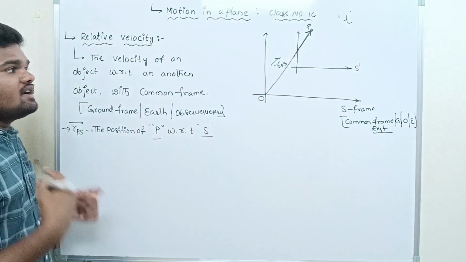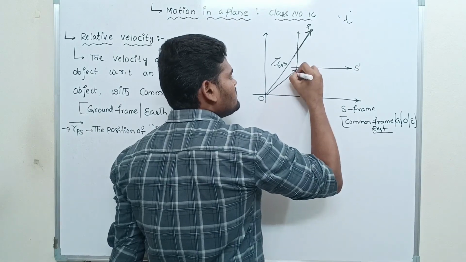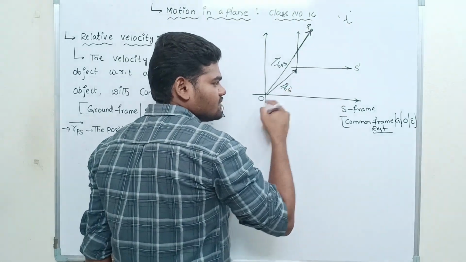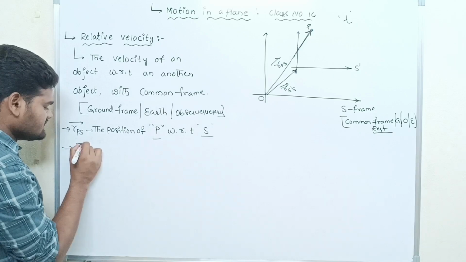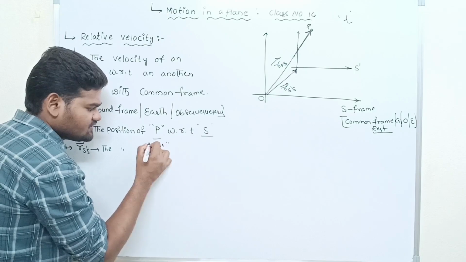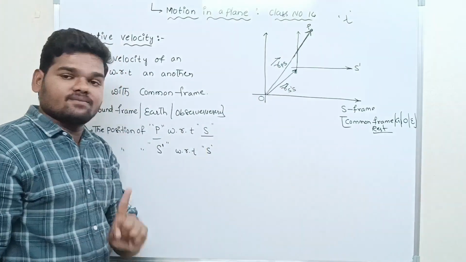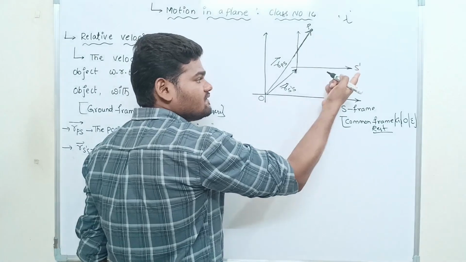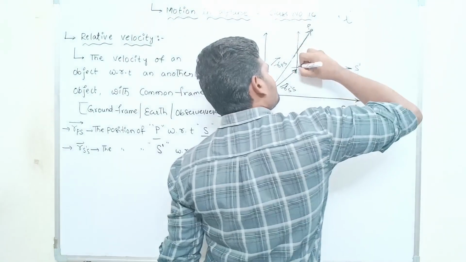Okay, right. Now, at this particular instant of time, the position of this S dash frame with respect to S frame. The position of R is nothing but the position of S dash frame with respect to S frame. So R S dash S means the position of S dash frame with respect to S frame is given by R S dash S. Now, if I wanted to find the position of this particle P with respect to S frame, it is given by